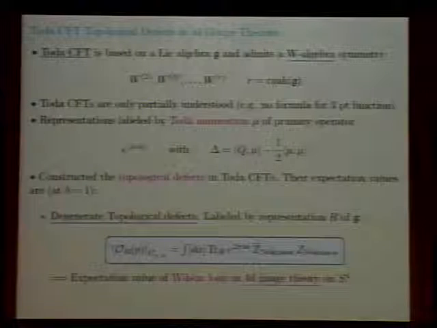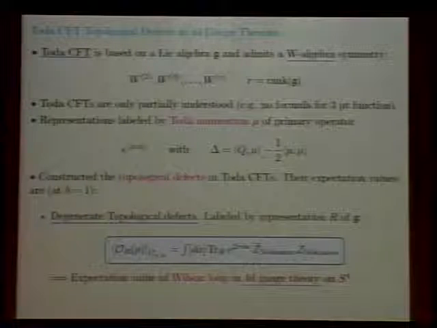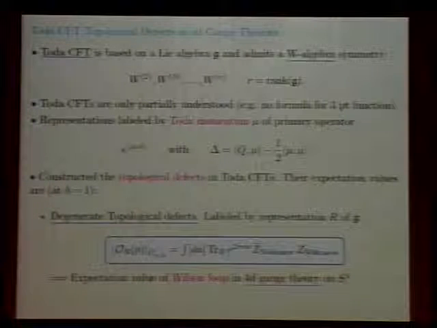If you look at the degenerate representations of Toda, what you find is that when the value of the central charge corresponds to b equals 1, where you have a gauge theory interpretation, the degenerate topological defects, which are in fact labeled by a representation R of the Lie algebra, because a Toda CFT is labeled by a Lie algebra, exactly insert